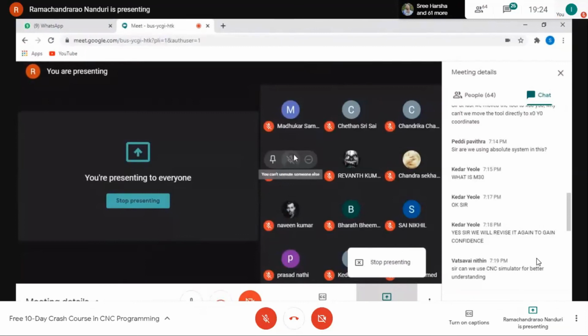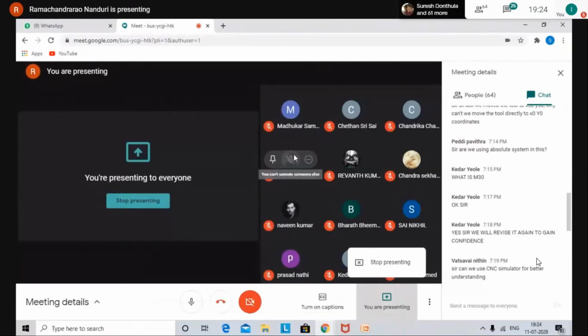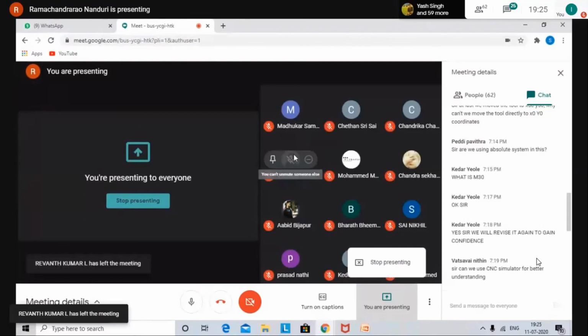Programs which can be executed with simpler coordinates will be written manually. For example, we have gone through the program for a square. If it is a program for a turbine blade, then you cannot write down the coordinates of every point on it. Then you will make use of Mastercam or Delcam or whichever is available in the market. So that is the way.